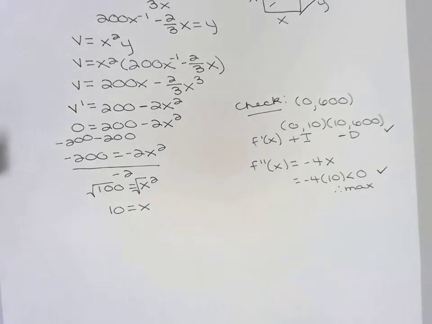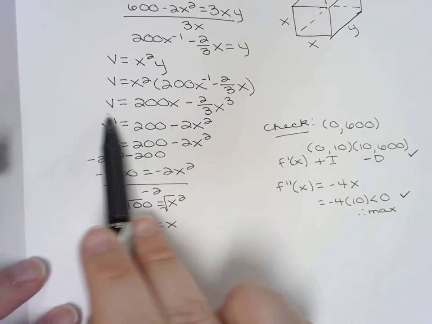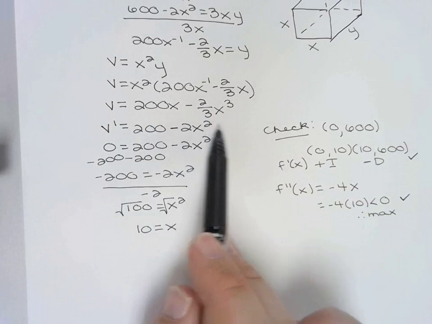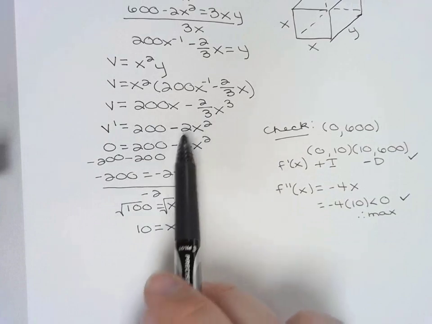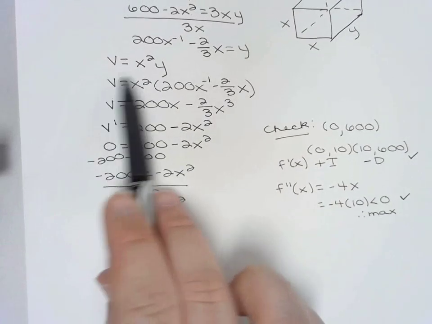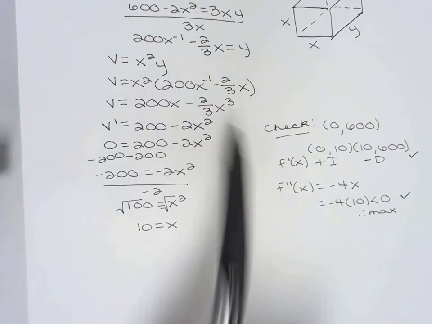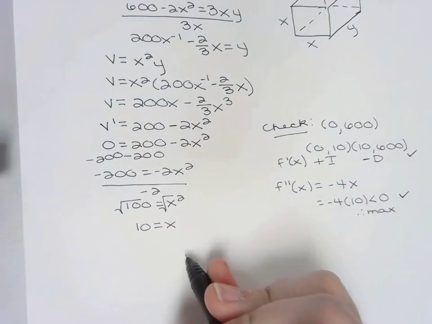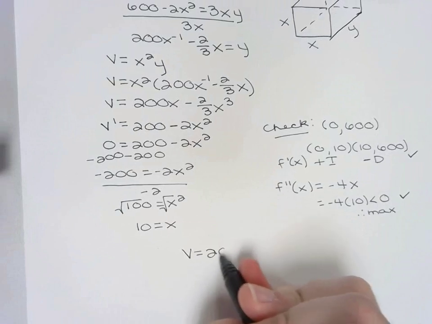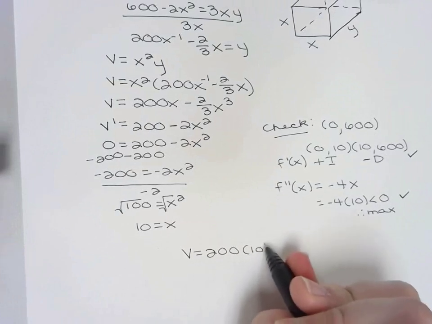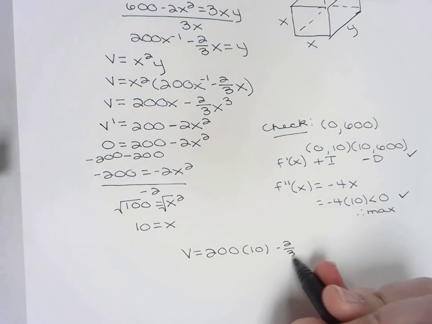So I'm going to plug 10 back into the volume formula. Now, yesterday or the day before, I found x and then plugged it in, or I found y and then plugged it into this formula. It doesn't matter which one you use. I would go ahead and just use the one that's all in terms of x, so you don't have to find y. But you could find y and then plug it in. Either way is fine. Plug in 10,